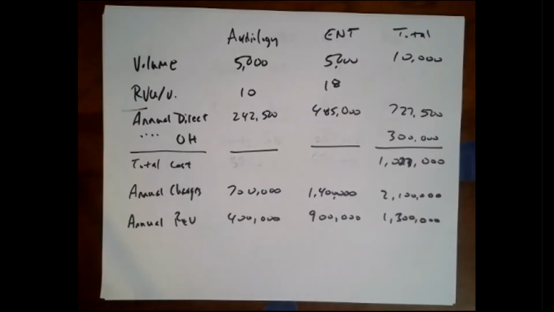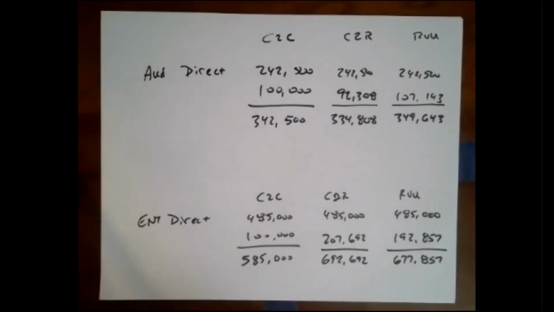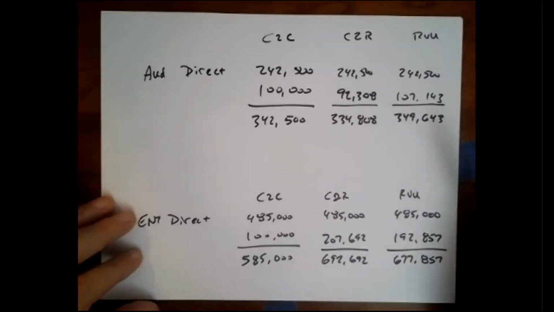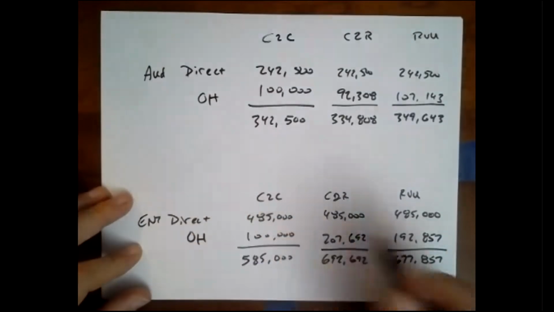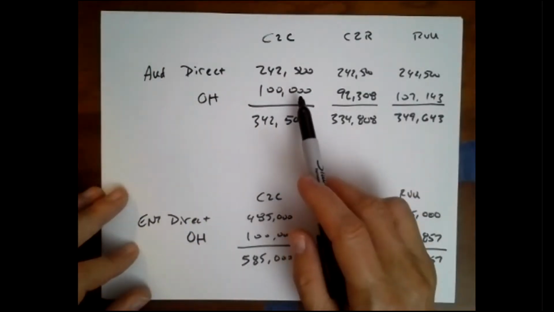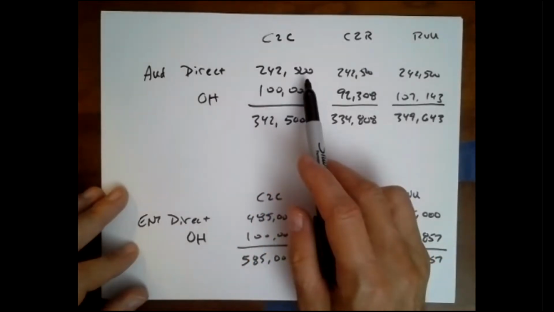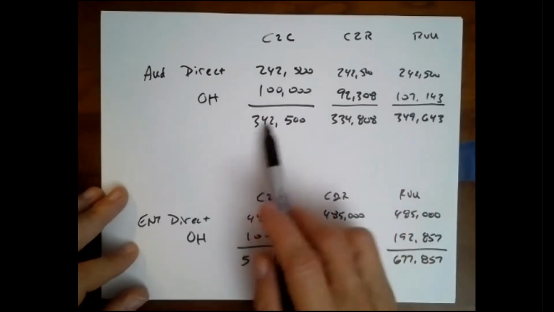Now, okay, so using the wonders of stop action here, since I'm recording for you, I took a minute to write down and summarize the direct cost and the overhead allocations using each of the methods for each of the clinics. So under the cost to charge ratio, the direct cost incurred by audiology was 242. The overhead was 100, so they had a total